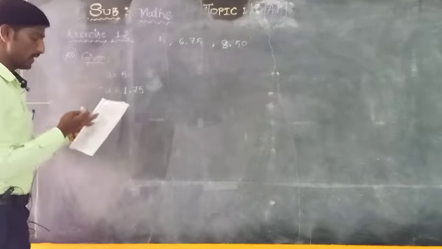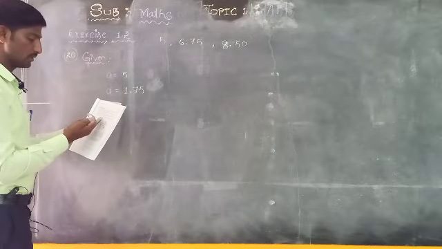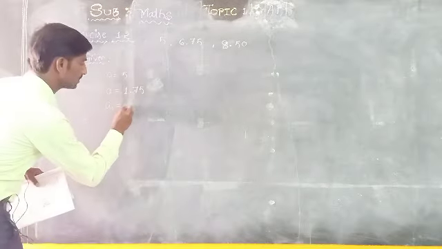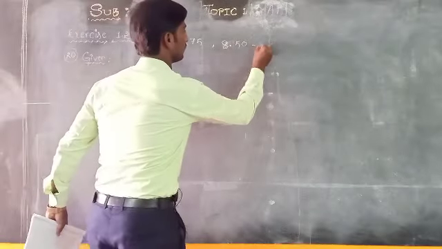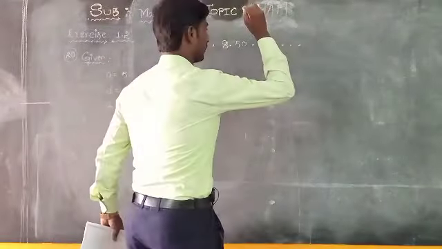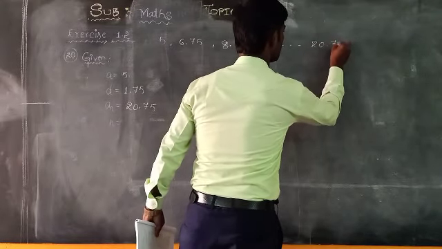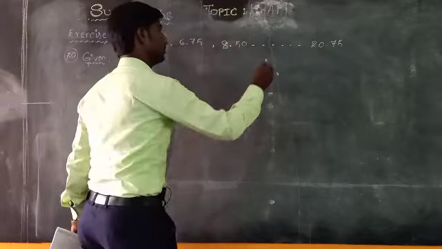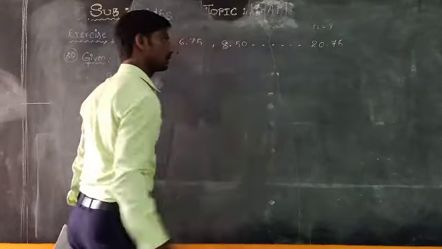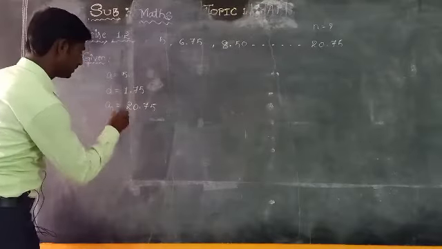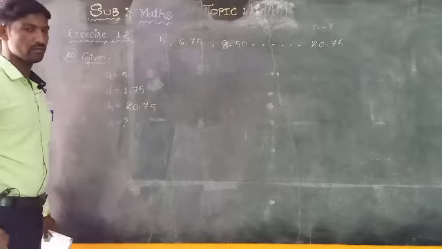So in the nth week, she finally reaches savings of rupees 20.75. It means if you follow the same rule, the final last number is 20.75. So which term is 20.75? That is n equals question mark. Again the same rule, same data, just the numbers are different. We have to use the same formula.